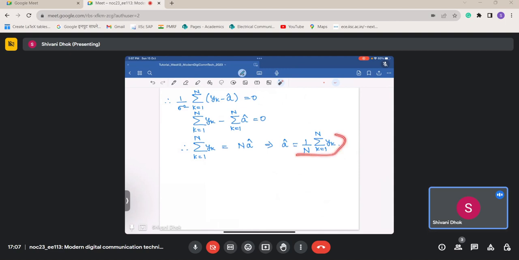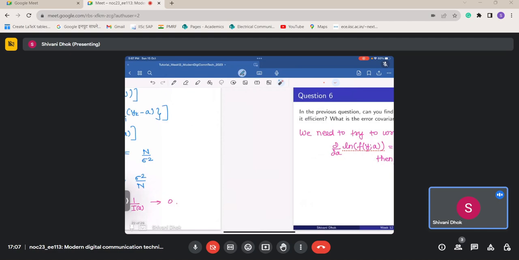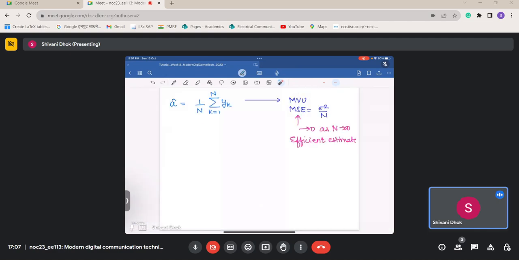So this is basically your arithmetic mean of your yks. So what you can see is that for this particular setup, your A hat is equal to the ML estimate also,